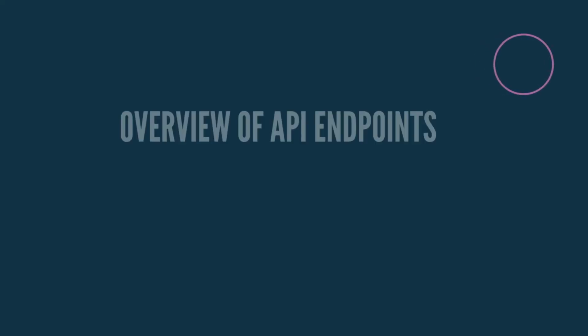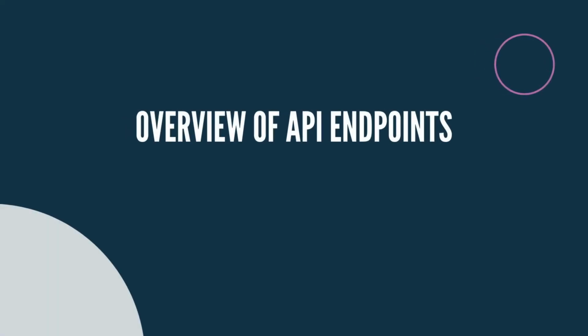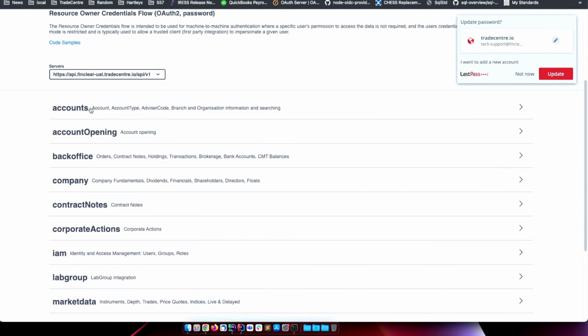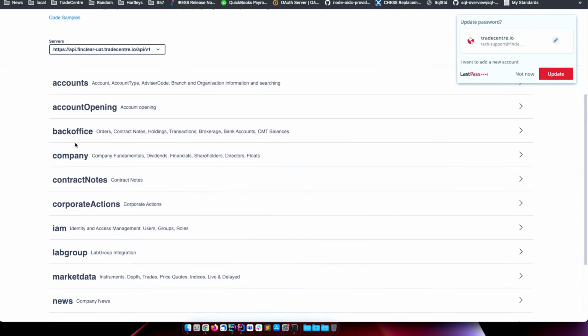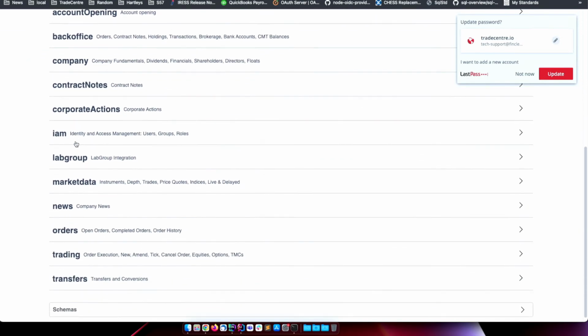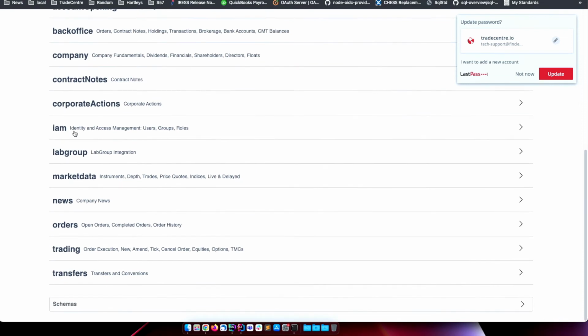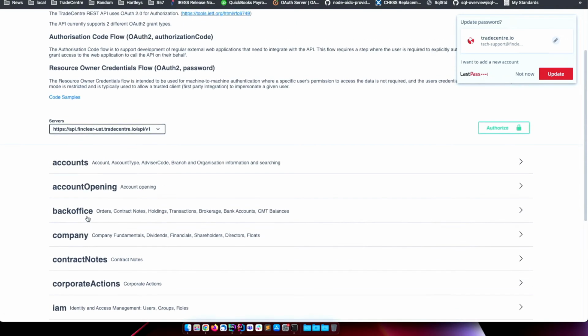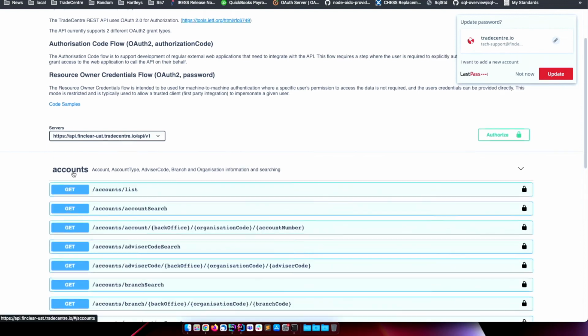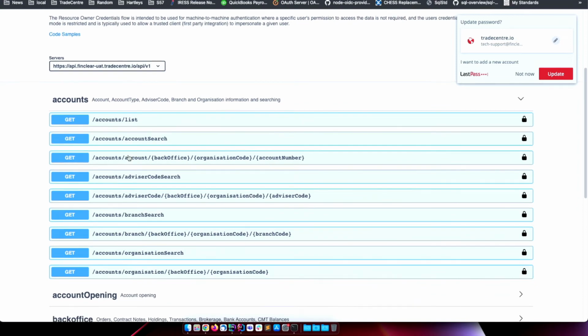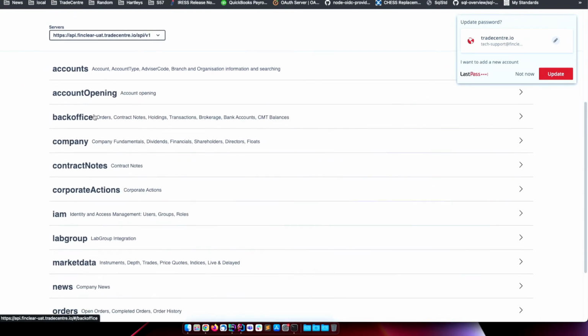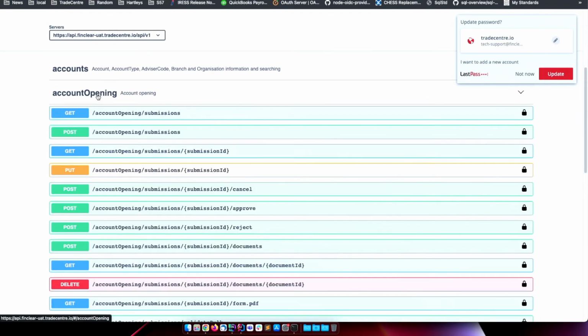As a quick overview of the available API endpoints, we have here in the web UI categories for accounts, account opening, back office, company data, contract notes, corporate actions, identity and access management, market data, news, orders, trading, and transfers. If you expand each of these components, it will reveal the endpoints that you can call to retrieve data from the API. These things involve finding and searching for accounts, opening new accounts in the FinClear system,